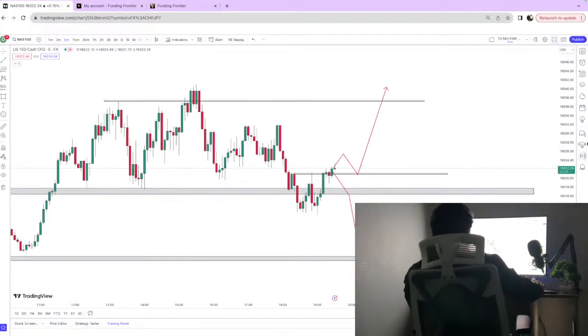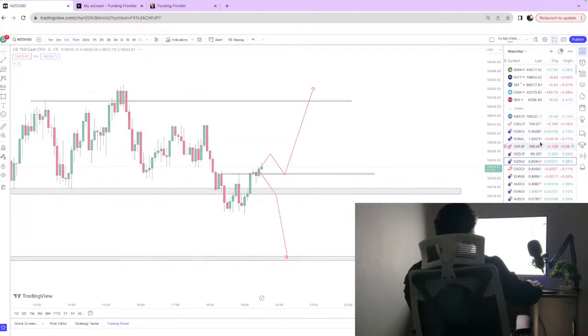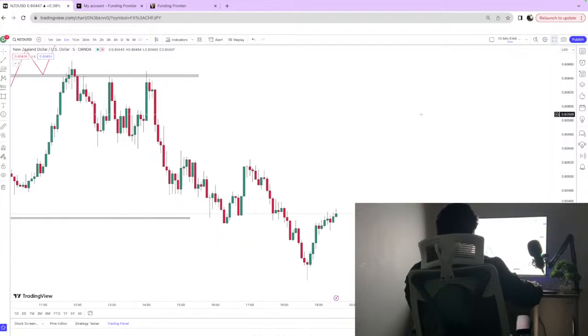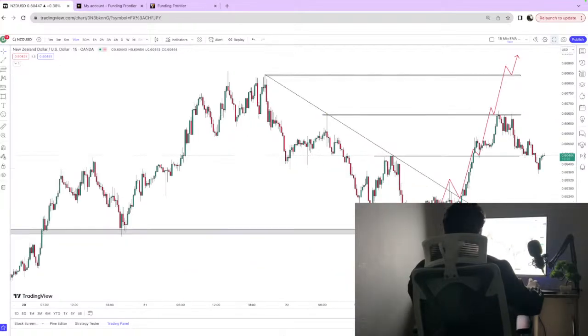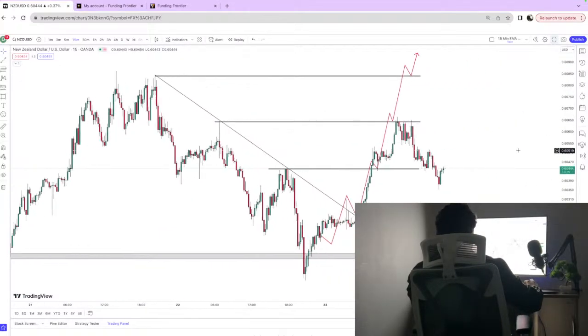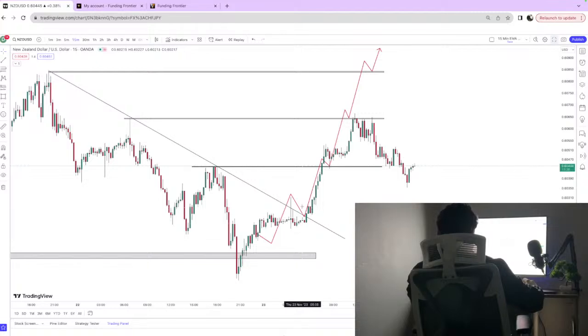Now let's discuss a few trades which I told on Instagram, and I shared the analysis there. So yesterday night I shared an analysis for NZD USD in the 15 minutes time frame. You can see how beautifully it is reacting to the levels. See, it broke, retested, and touched the target 1. After that it broke, again retested, touched the target 2. Here it is taking a resistance from this, but I hope it will soon again go upside and touch our target 3